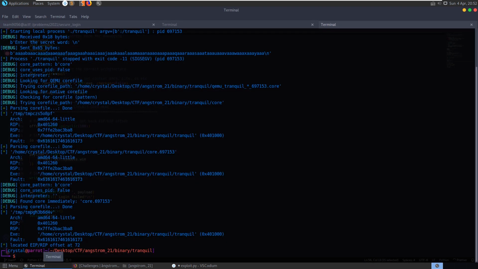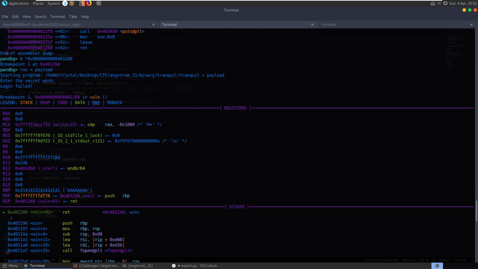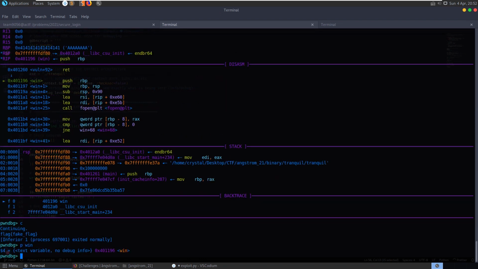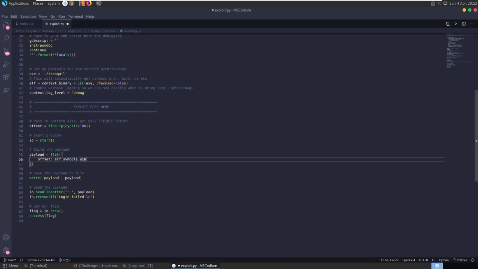So we could just go and, let's go back here and do pwin. We could just take a copy of this and paste this in here. That's absolutely fine as well, but because we've actually loaded the executable file in here, we can just read the functions that are available to us. So I've chosen to go for that route instead. We then write the payload to a file so we can reuse it, send it to the server and stuff like that,